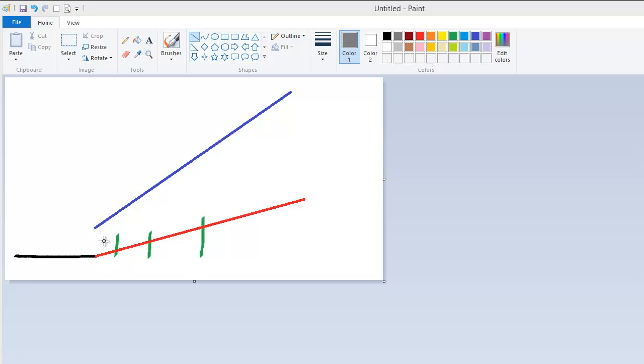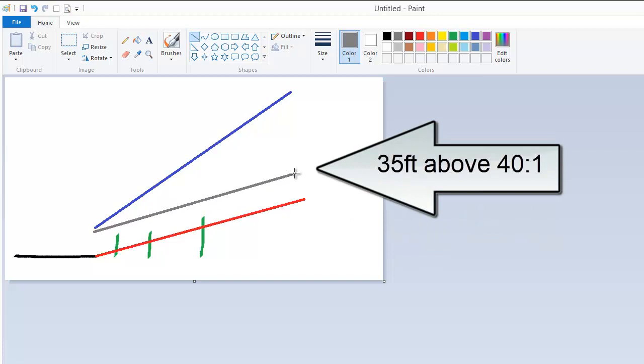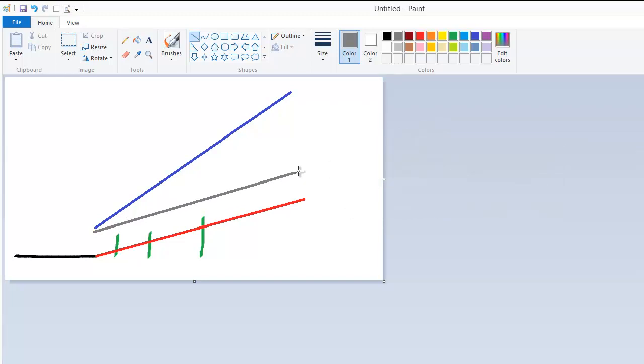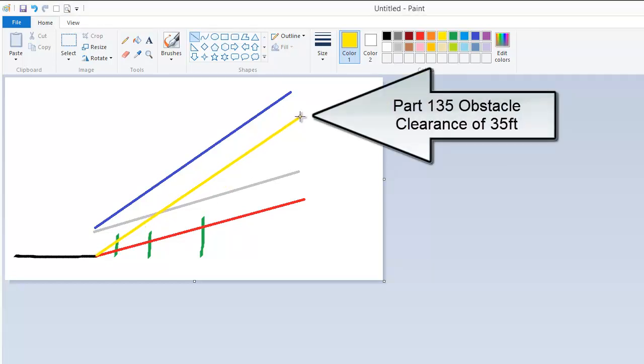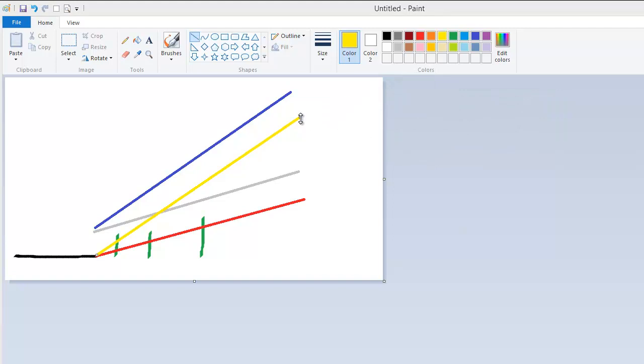Now if you recall, I said that these close-in obstacles could not be any taller than 35 feet above the 40-to-1 obstacle plane. That would be represented by this gray line here, parallel to the red line. So any obstacle that falls within that zone would have to be identified under the new criteria. But not all of these obstacles would be a factor in Part 135 clearance, which would be represented by this yellow line, which is parallel to the net takeoff flight path profile of the aircraft performance data. Notice that the yellow line, which represents the Part 135 obstacle clearance requirement, crosses the gray line,